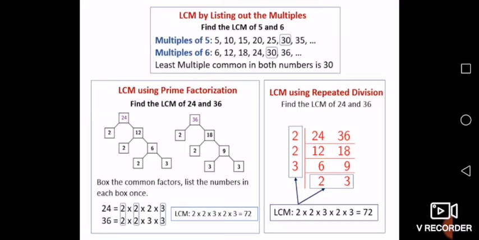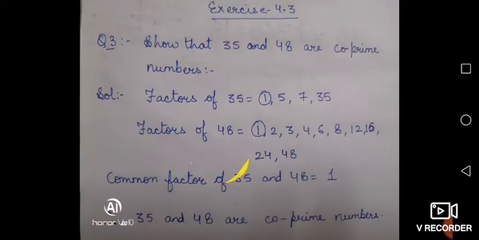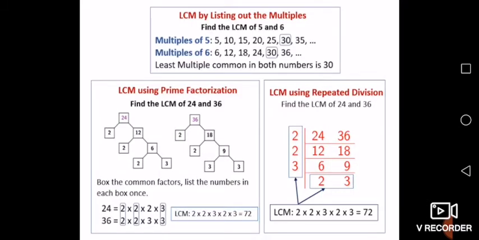The prime factorization method we have done in HCF also. So by using a factor tree also you can find the prime factorization of a number. Or you can use the division method which we have used in HCF. So by using any one of the methods you can find the factors and the common numbers, the factors